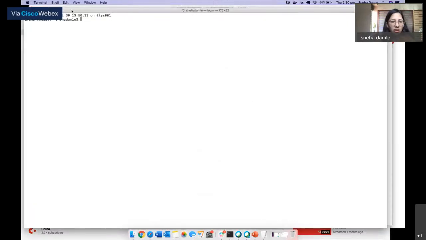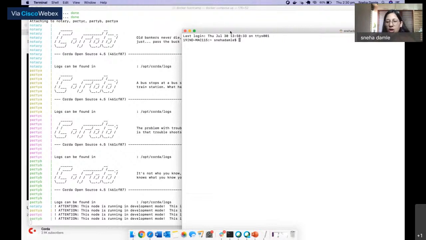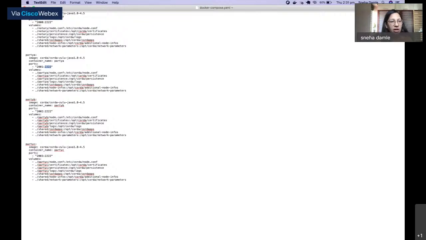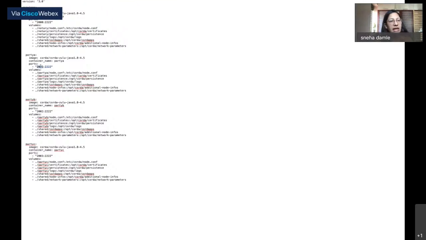Once we start off the containers, we are going to SSH into the image. We are going to SSH to one of the parties, and then we are going to issue a token from one party to the other party. Again, for SSH, if you remember, we had the SSH port exposed in the Docker compose file. For party A, we have 2001, which is mapped to 222 from the party A configuration. So let's SSH into the party A container using 2001.